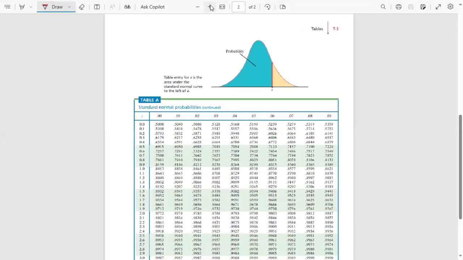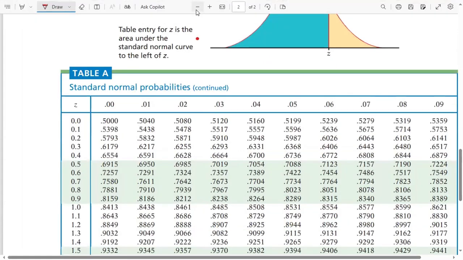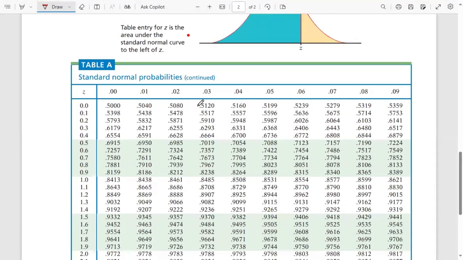Let me make it a little bit big. Okay, so we want to look for 0.128, which is very close to what? 0.13. So 0.1, we're going to go in this column. This is 0.1. And then let's look for 0.2. So it means 0.2, 0.128 is somewhere between this guy here and this guy, but we don't know where exact, and it's not halfway, so we can't add this and then we divide by 2. So we just have to get the one that is closer